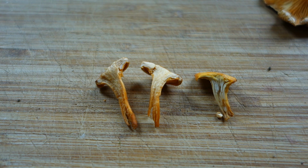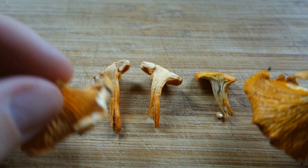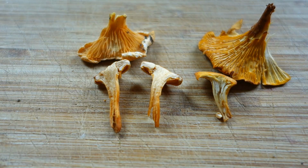So I've chosen these old specimens just because that's the ones I could find. But you might find old specimens when you're looking. On new specimens of Chanterelles, the differences will be a lot more pronounced, let's put it that way. And the Chanterelle mushroom will just feel a lot more robust. And you'll be able to tell by looking at the gills, the gills on the classic Chanterelle